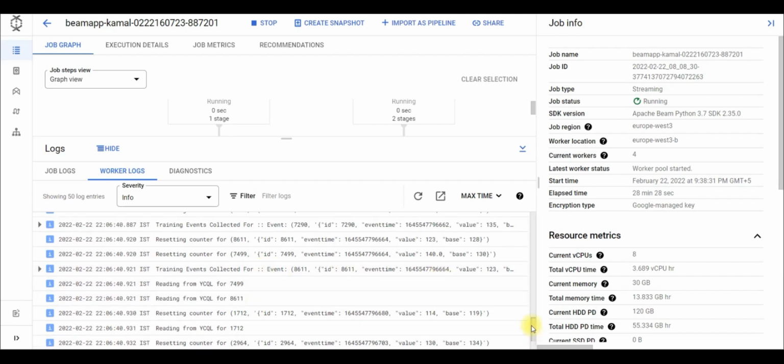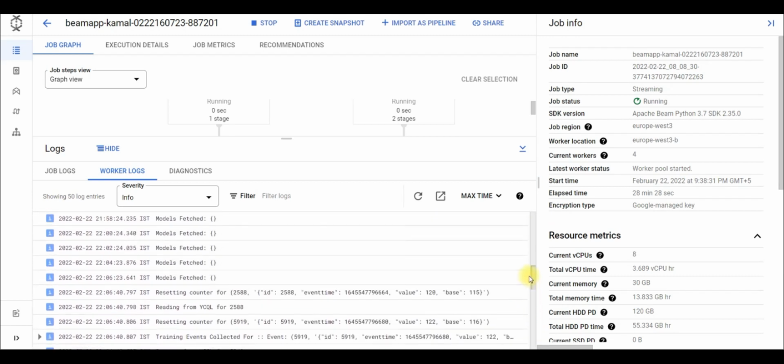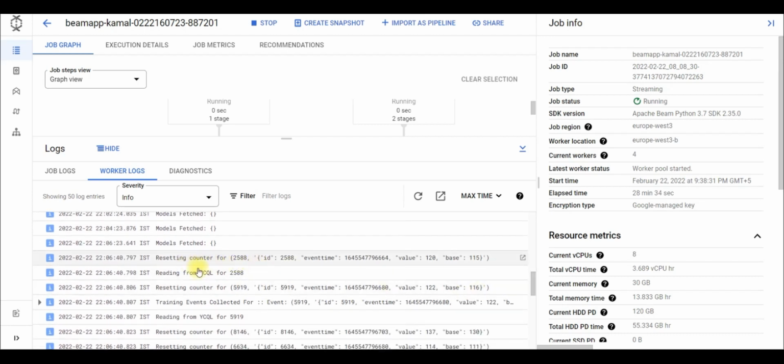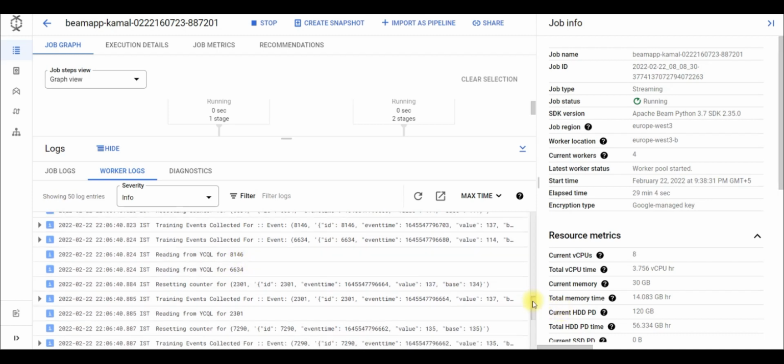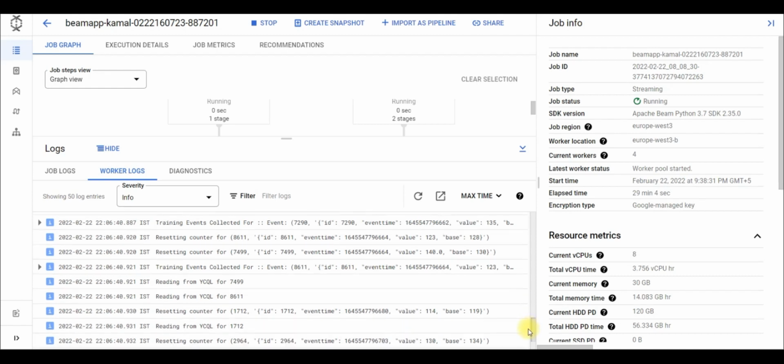What you see here is, if I start from here, it has collected the records for this particular patient ID. It has also collected the records for this patient ID. What happens next is that, I'm just going through randomly, it will start reading the data from the Yukobyte database for a patient ID whose count has reached the threshold. Once that is done, it will be loaded to BigQuery,